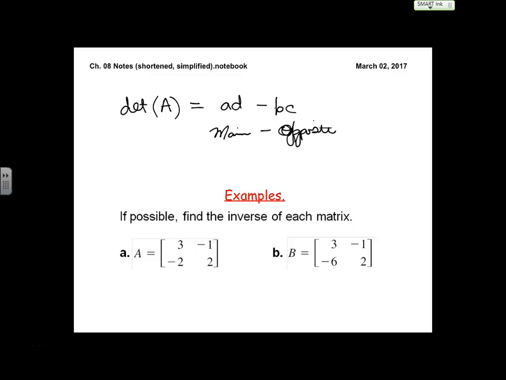Now it's cursive. And then, what is the formula for finding A inverse, of only, sadly, a 2 by 2? 1 over the determinant of A, which is the formula up above, times, what do we do to our matrix? Flip the main and opposite the opposite. This is the formula you were supposed to be using for the first however many minutes of class